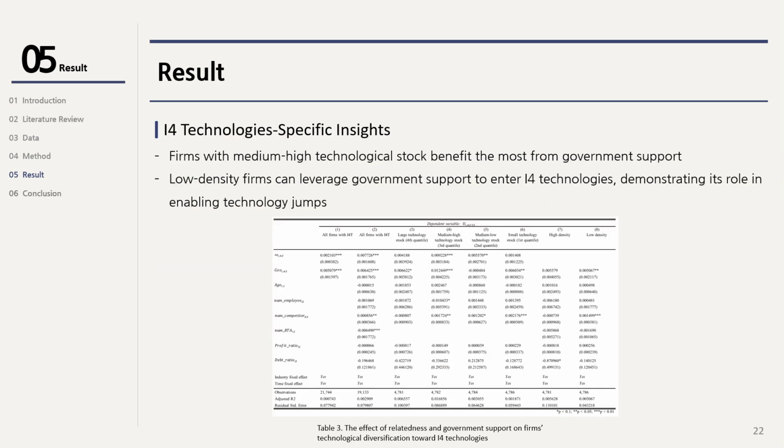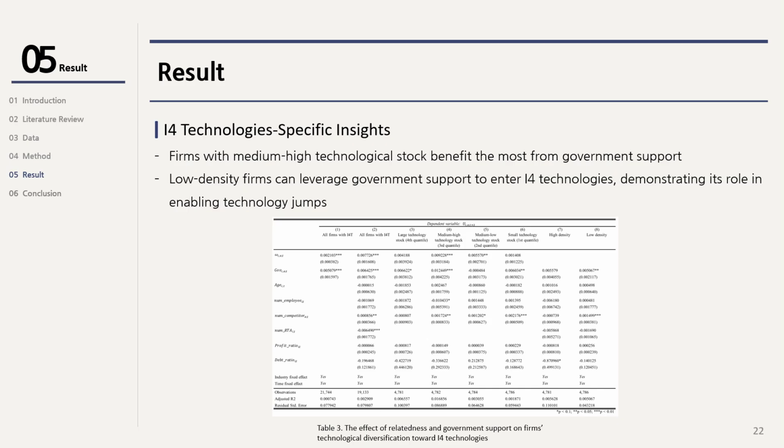This section highlights technology-specific insights from the regression analysis. Firms with medium-high technological stock benefit the most from government support. As shown in column 4, the coefficient for government support is positive and highly significant. This indicates that firms with substantial but not excessive technological resources are in the best position to leverage public funding